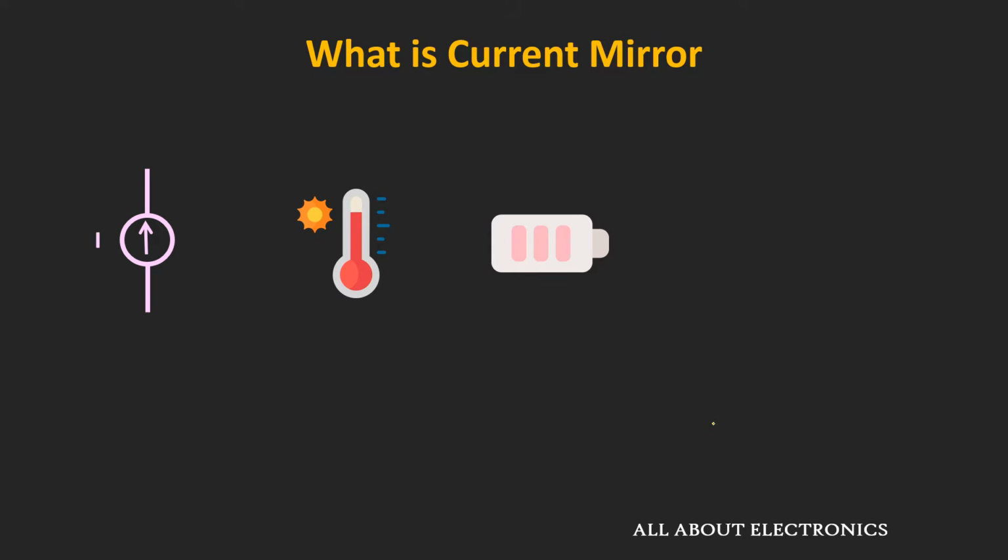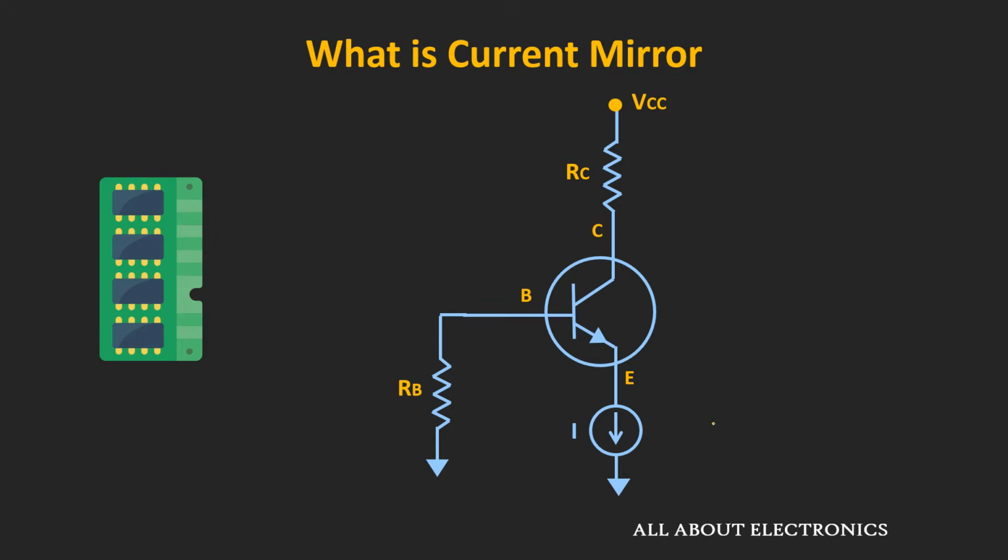For example, if we take the case of the smartphone, then as the battery discharges, there is a reduction in the supply voltage. So this current source should be able to maintain the constant current even if there is a change in the supply voltage. Well, fortunately, it is possible to design such current sources, but it involves a lot of circuitry. So for the amplifiers of the integrated circuit, we require such stable current sources.